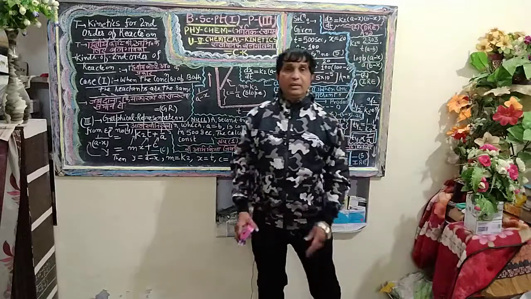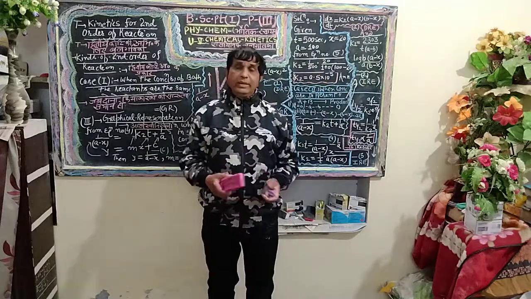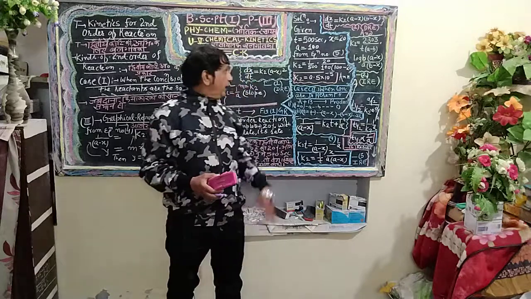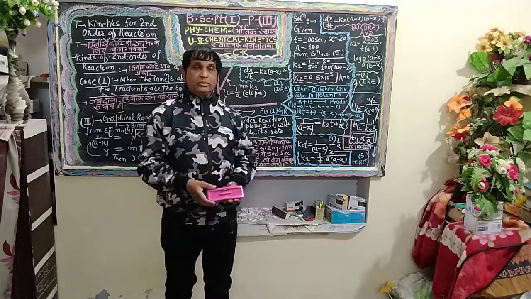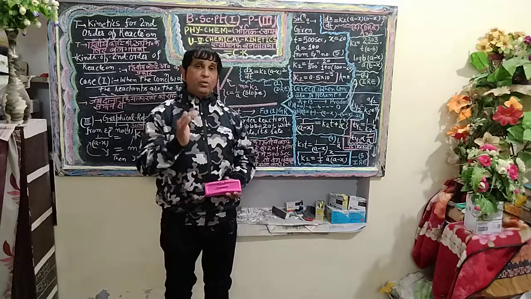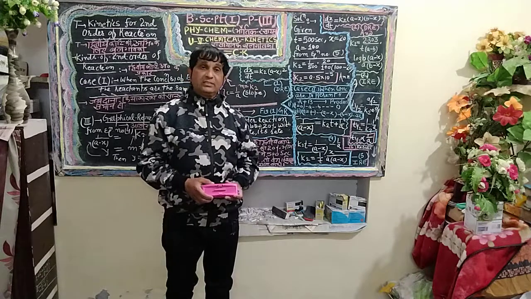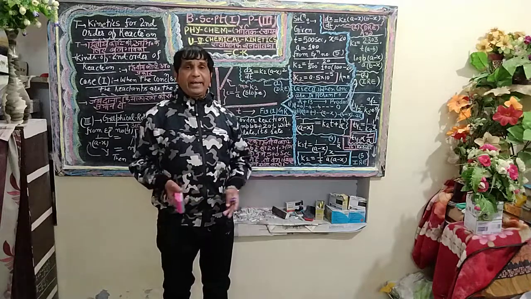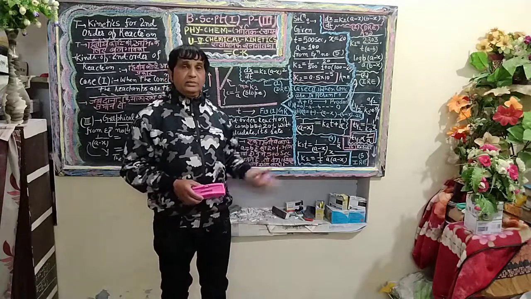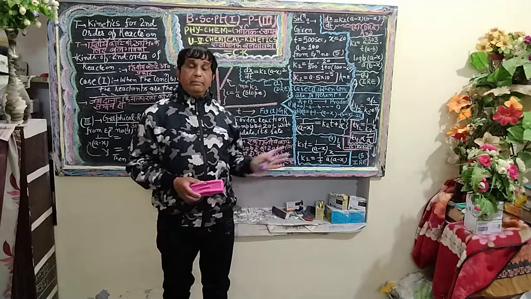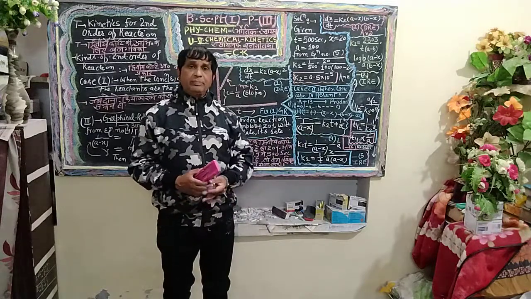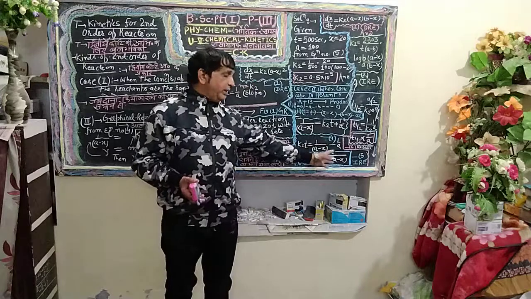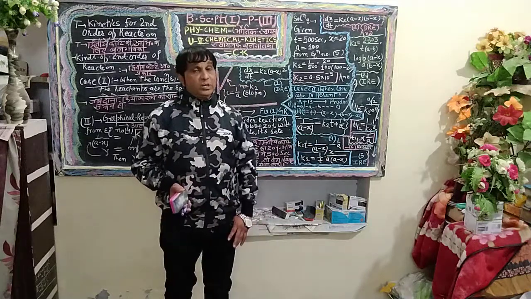On applying the fundamental laws, we have derived the equation I have mentioned on the blackboard: dx/dt equals k2 (a minus x) squared, the differential rate equation for case 1, in which both the reactants are the same in nature or concentration. On integration, by applying mathematical integration and calculating the integration constant, we derived k2 equals 1/t times x/(a(a minus x)), the integral rate equation.